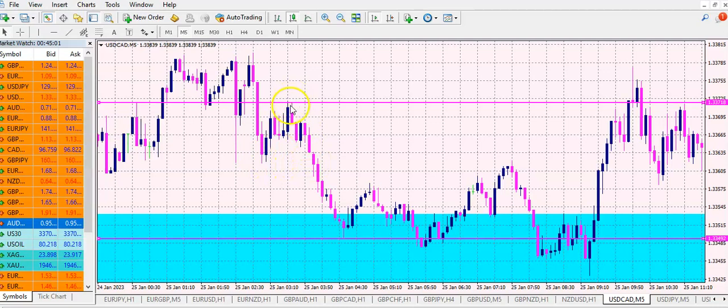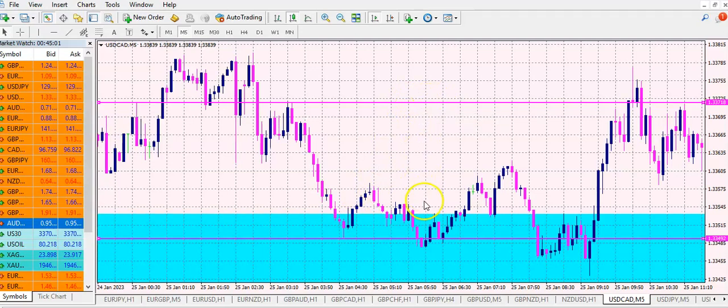Now we're going to mark the high that produced this particular low that came into the supply area. Now when this happened, if there is a strong, impulsive move that broke this,